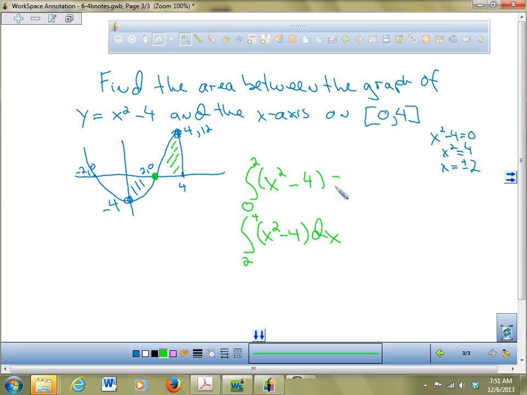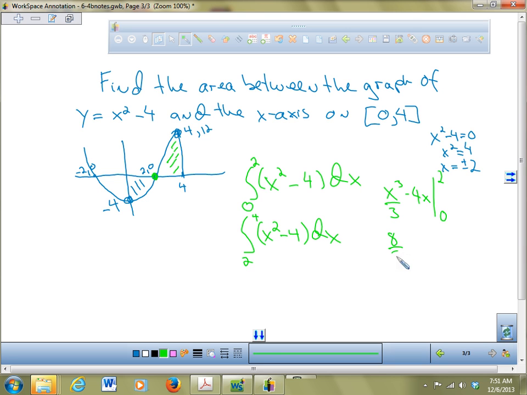Okay, dx. And so then I want to integrate both of those quantities. All right? So the first one becomes x cubed over 3 minus 4x, and I'm going to evaluate that from 2 to 0. And these could get a little messy because you have a 3 in the bottom and you're squaring a 2. So this quantity becomes